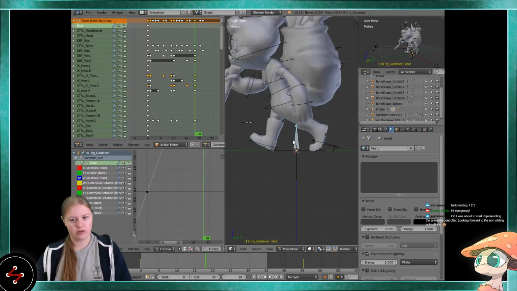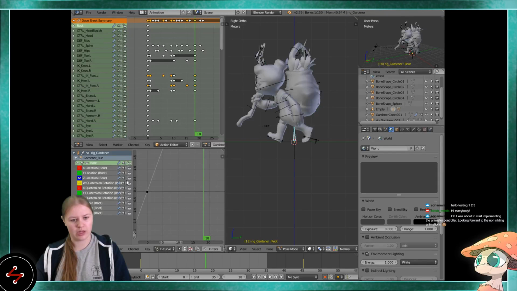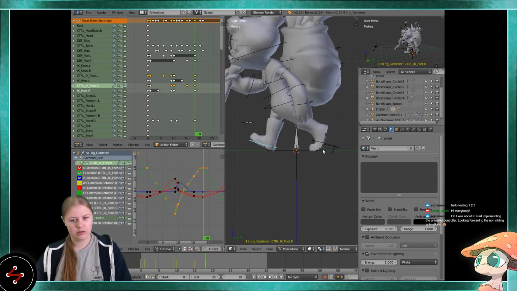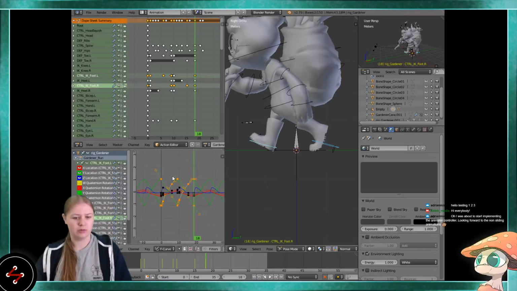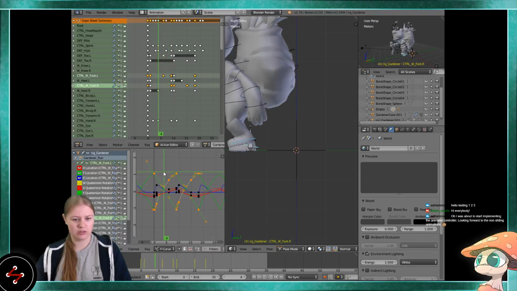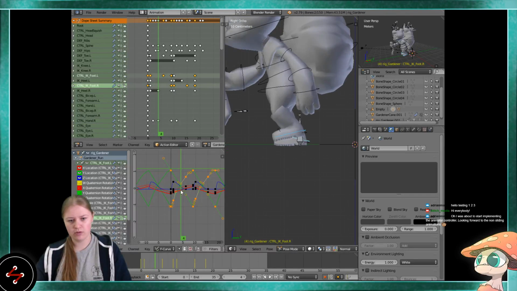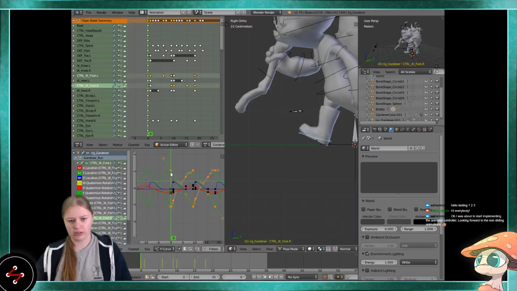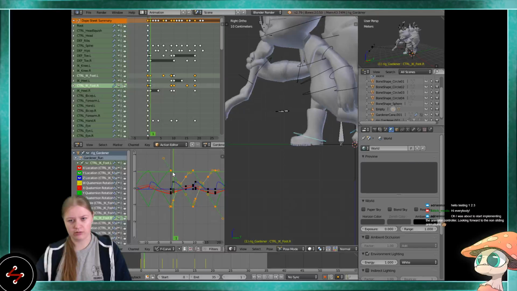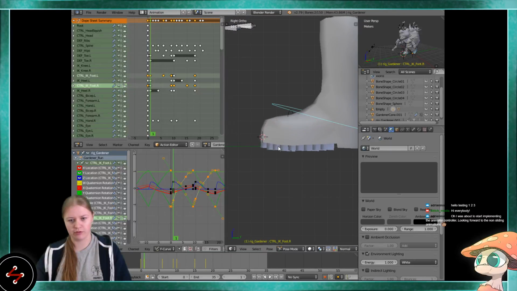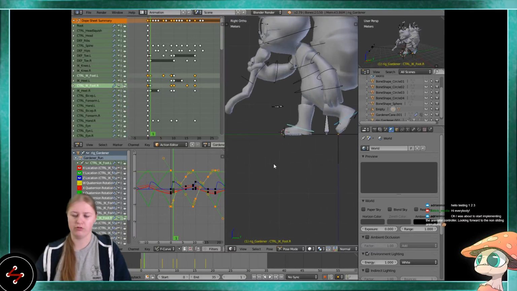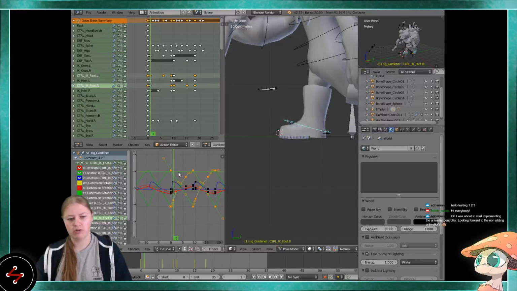So, in order to prevent this from sliding, which it is now, I just need to select these. I need to increase or decrease the amount of movement that happens in the Y direction. So what I like to do is find a spot that the foot stops, the first frame that the foot is squarely on the ground, and then I just put the 3D cursor basically exactly where the foot is, and